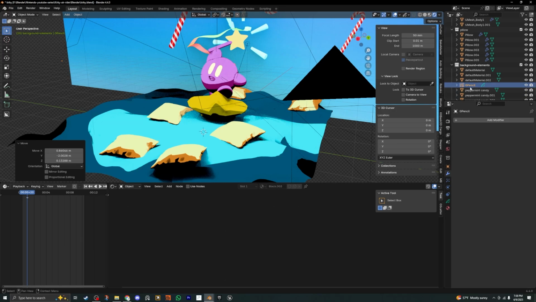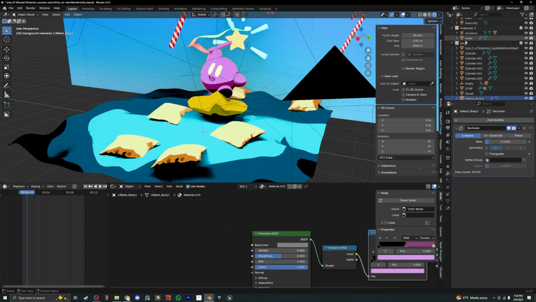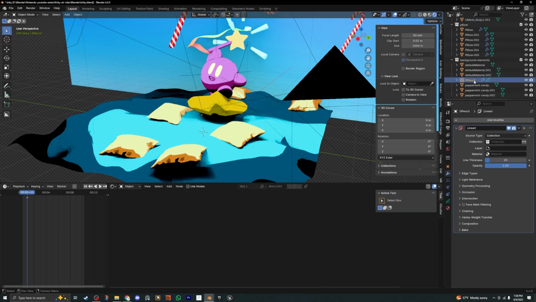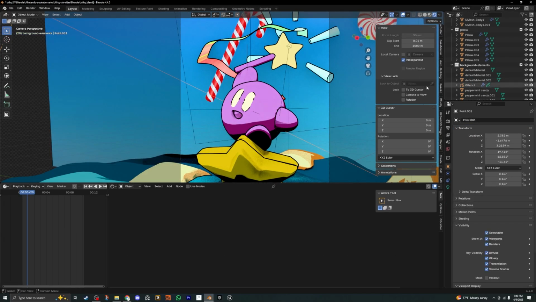So there's nothing being shown, but what you have to do is go to add modifier, go to generate line art, and right now I have the Kirby in a collection. So go to where your G pencil is, go to the Kirby collection, that's mine, or whatever yours is called. On layer, you want to go to the material you made. Once you have the G pencil,